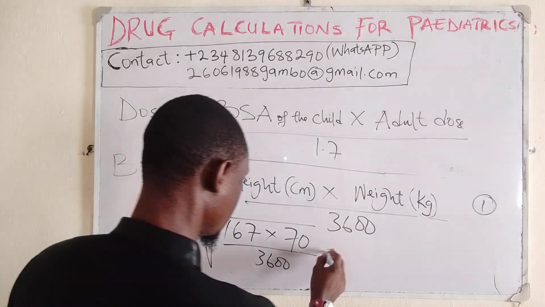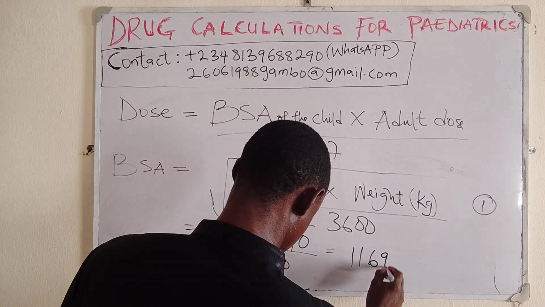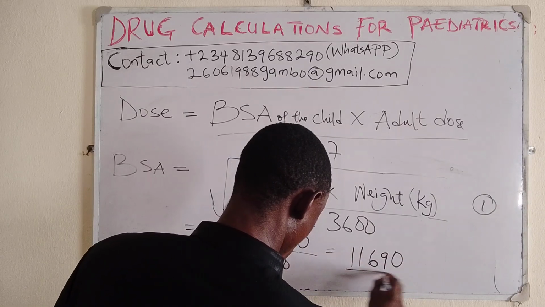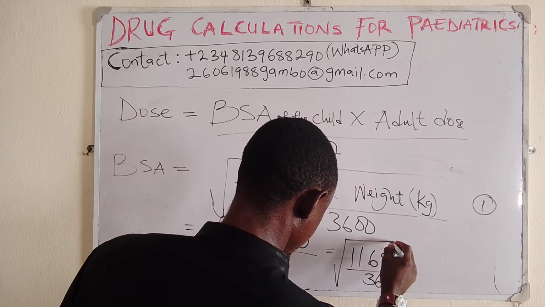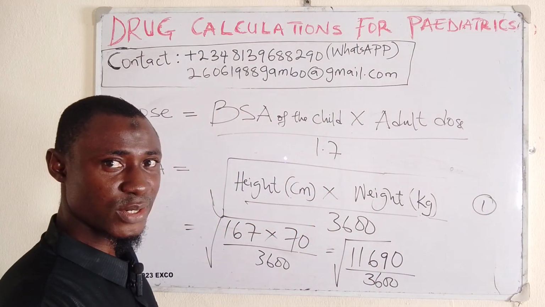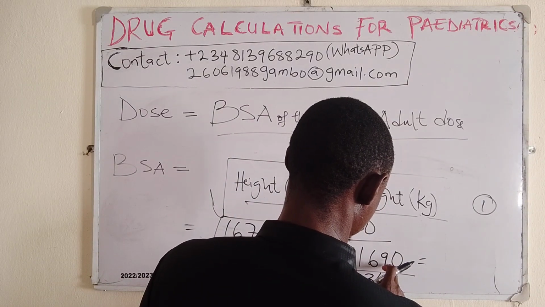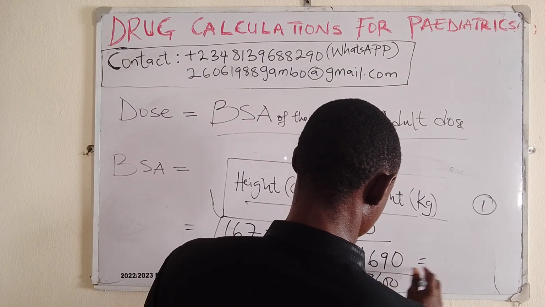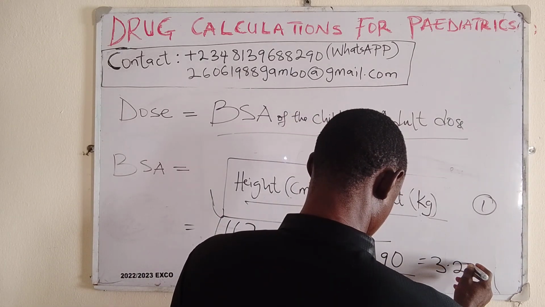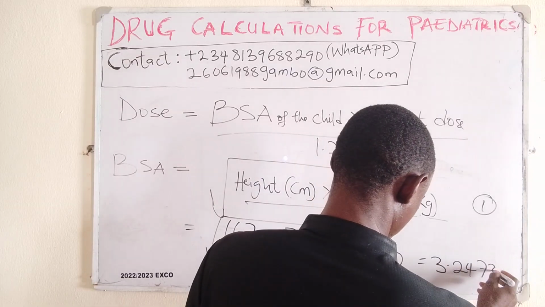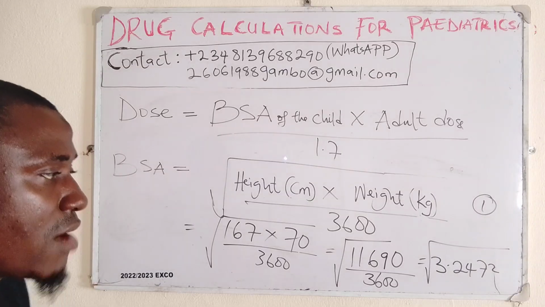So this will give us 11,690 over 3,600. All of this is still squared. So this will give us 11,690 over 3,600 will give us 3.2472. All of this is still squared. So this is what we have,